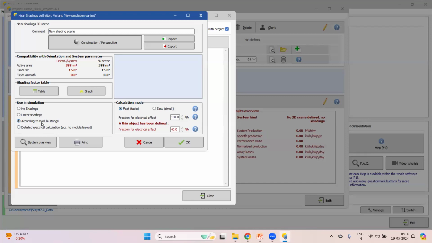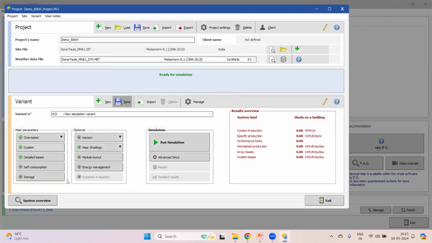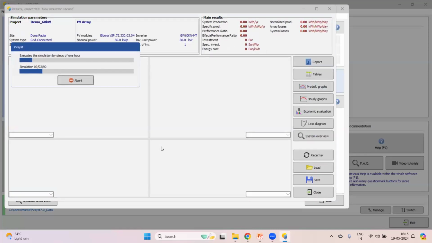But let us now go with according to module strings, and I'm just saying okay. So now we are completely ready. We can also do the module layout, but this will be fine for near shadings. Now let us do the run simulation. So now it is running the